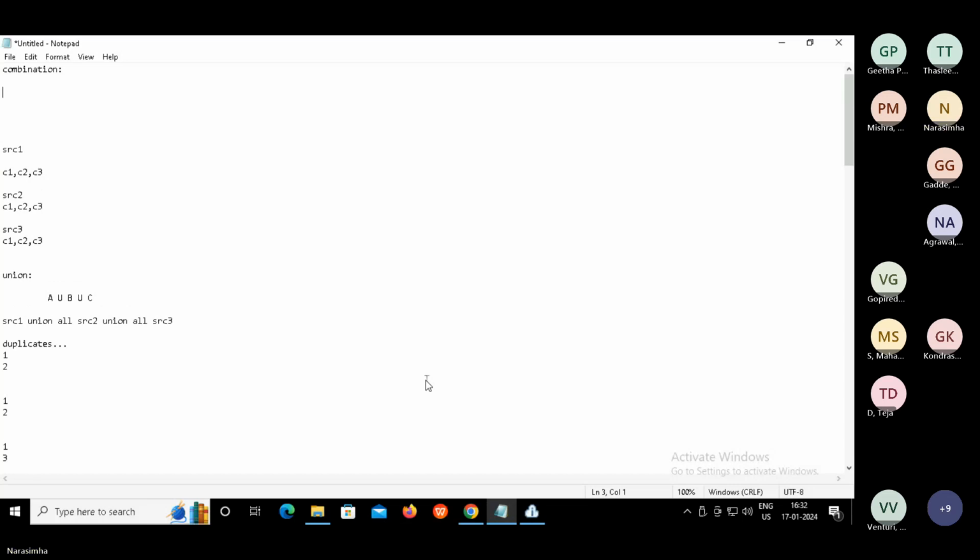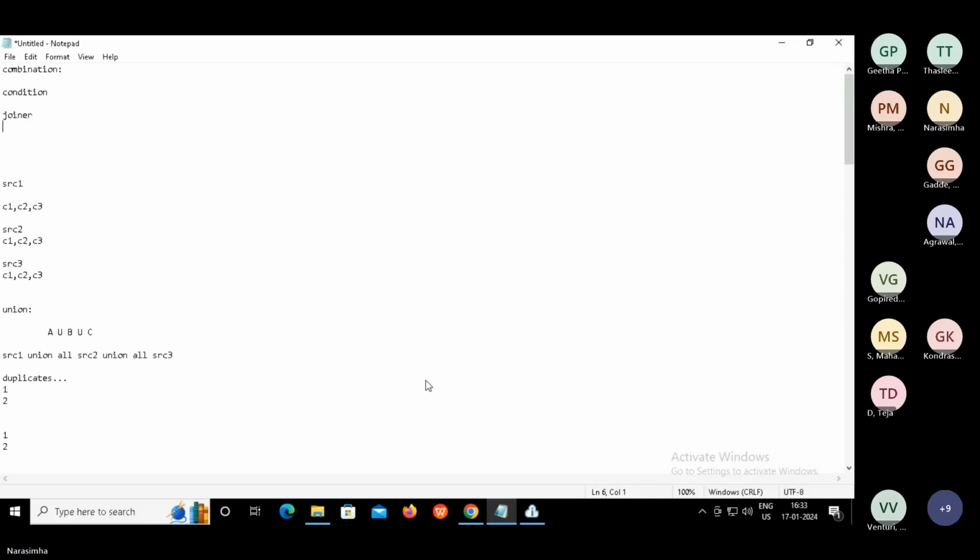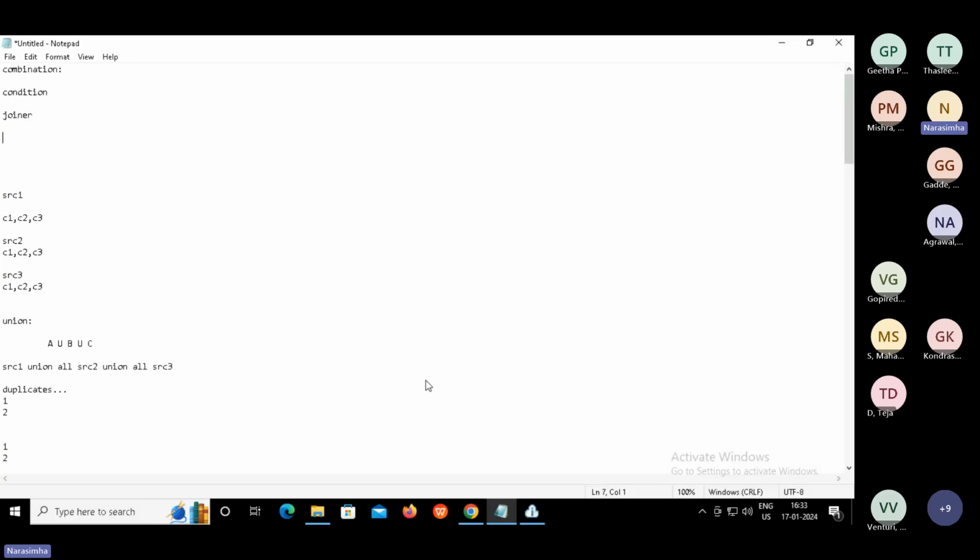Now we need to understand how to perform combination with a condition. That's where we have another transformation, the joiner transformation, which helps us combine the data based on a condition.